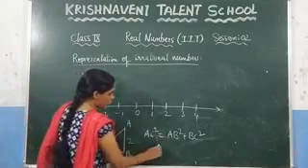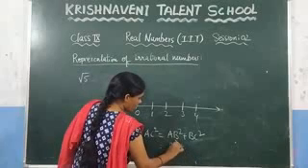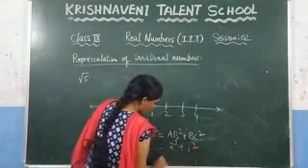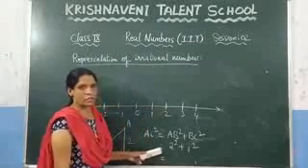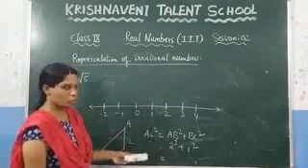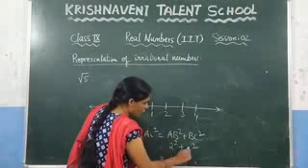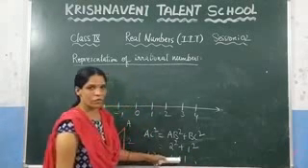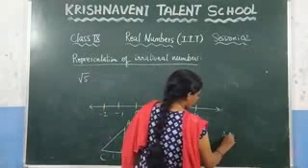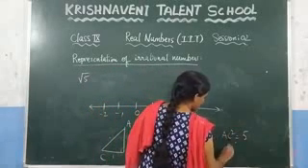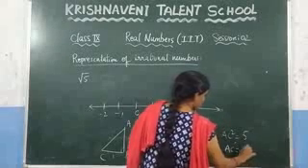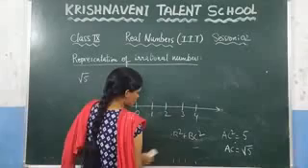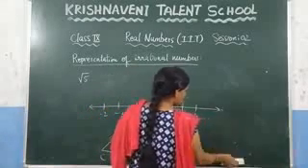Now here, what is the value of AB? 2 square. What is the value of BC here? 1. So here 1 square. Now here, what is the value of 2 square? You need to multiply 2 times. So 2 into 2 which is 4. And what is the value of 1 square? Which is 1. So here, you got AC square is equal to 5. 4 plus 1 which is 5. So you got AC square is equal to 5. So what is the value of AC? It is nothing but root 5. We got here the root 5. So, which sides do you need to consider? You can consider those sides as 1 and 2.